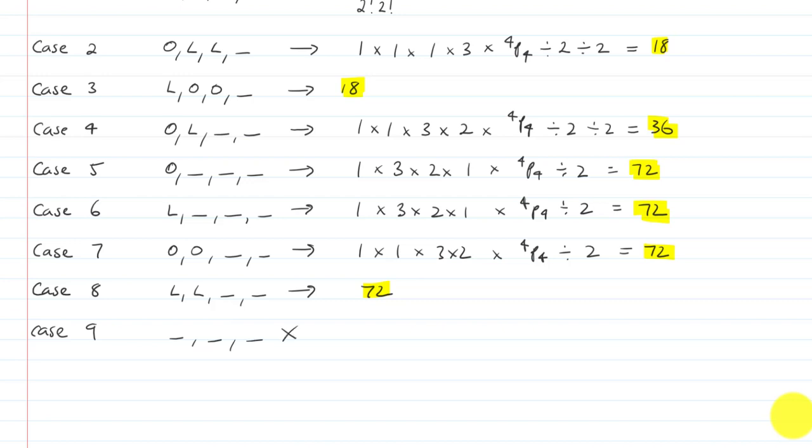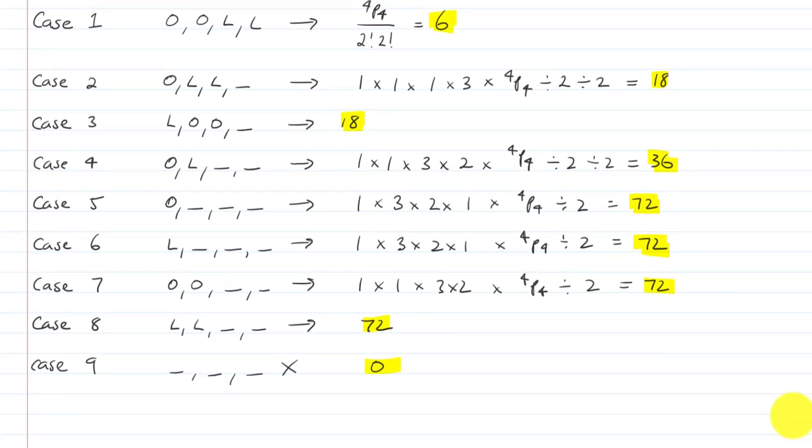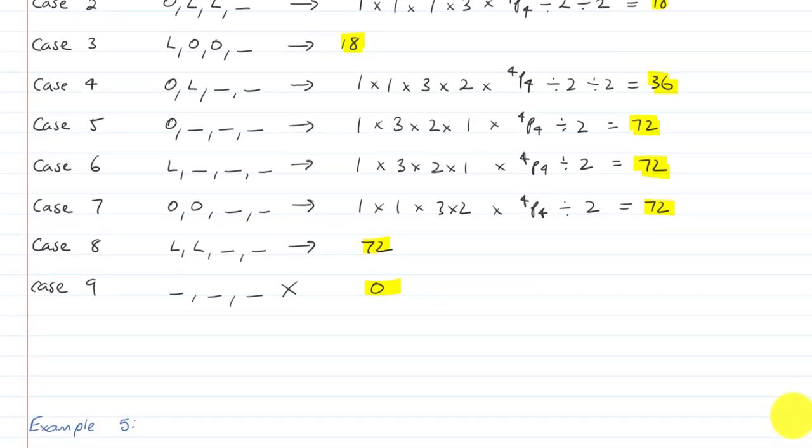So there has to be at least 1 O or 1 L to make this work. So therefore we've got 0 there, and now we just need to simply add up. So 72 plus 72 plus 72 plus 36 plus 18 plus 18 plus 6 is a total